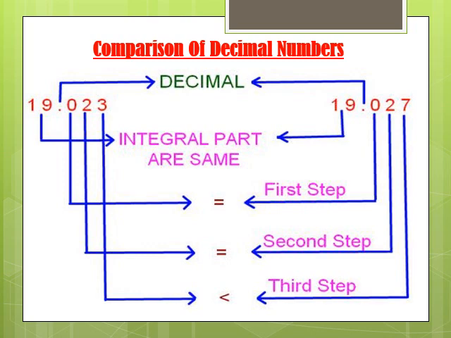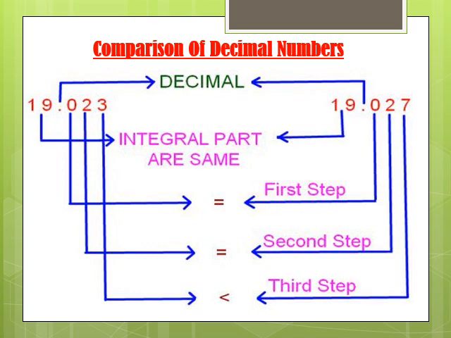If we want to compare, first we'll compare the whole number part, which is the same. Then we'll compare the tenths part, that is also the same. The digit at the hundredths place is also the same. So now we'll see the digits at the thousandths place. Here it is 3, here it is 7. 7 is greater than 3, so we can say that 19.027 is greater than